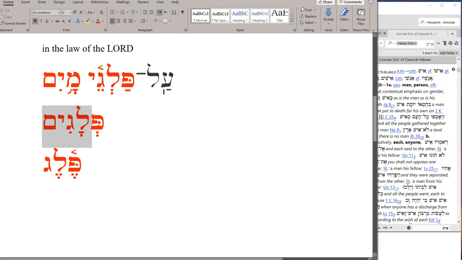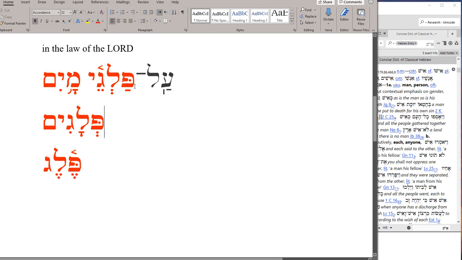So here's the regular plural, polagim. And then note also that the second vowel changes. Sometimes that happens as well. So this really shows us why we need to know vocabulary. Because the vowels have disappeared, now we have completely different vowels. And when we come to the construct, the vowels are different again. If I know the word itself, pe, lamed, gimel, it's helpful. All right, coming back up here, we have,